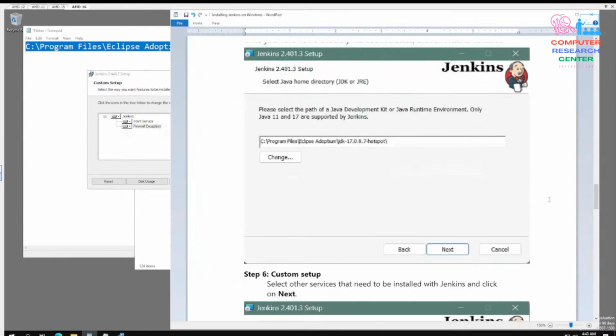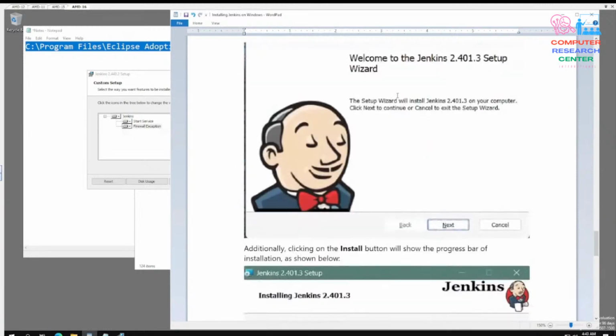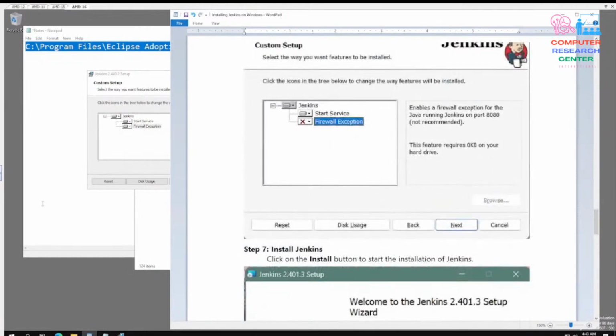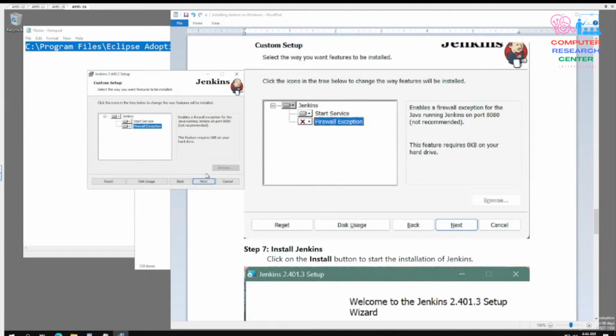I prefer it. So let us see what they say. Okay, they're not doing the firewall, maybe because they are running everything for demonstration purposes. If you are running everything within the server that we are installing, that is fine, but if we are accessing this from outside, then you need an exception. But I am including the exception anyways, right? So next,